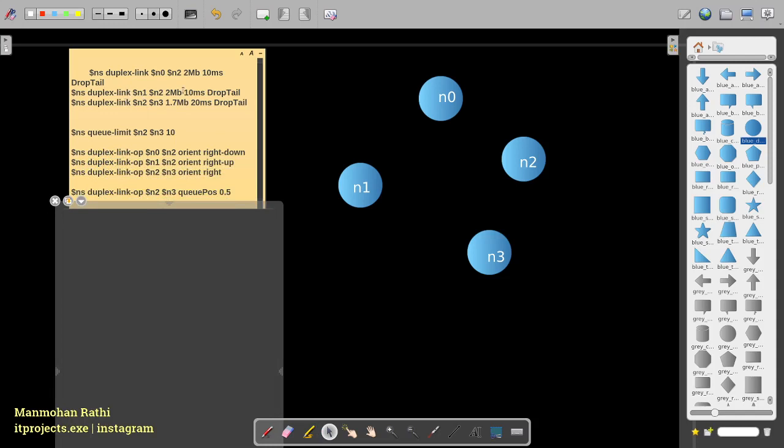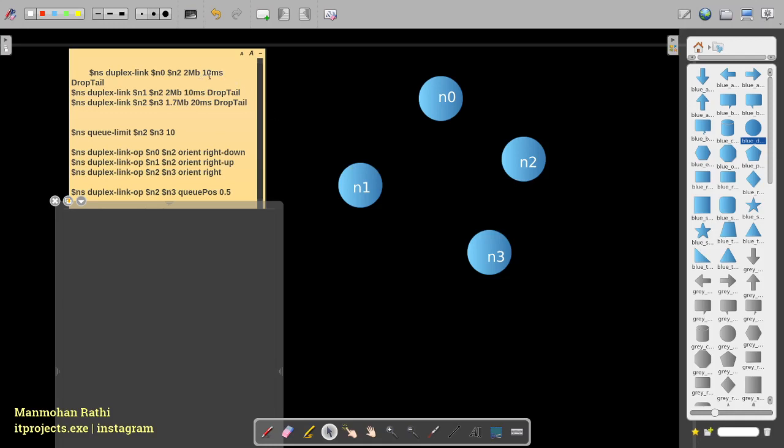Just as in the previous experiment, we need to connect the nodes first, and we again use the duplex link. That means we can send data from a node and receive data from another node; it can work both ways, and we are just defining the connections here. So N0 will be connected to N2. We'll understand in a bit how which node will be where is decided. It is there in the next few lines.